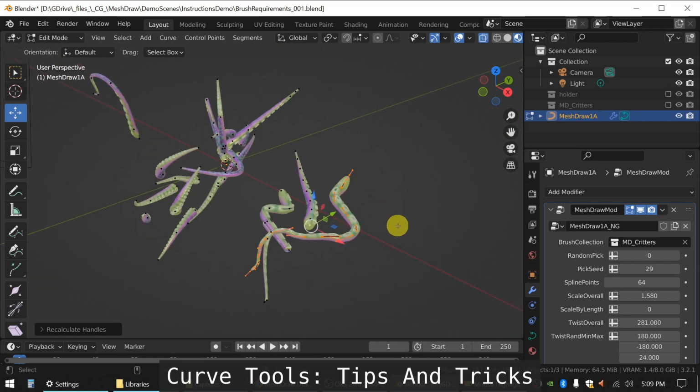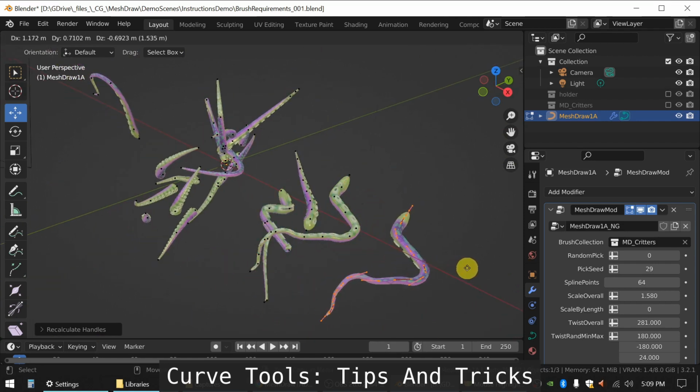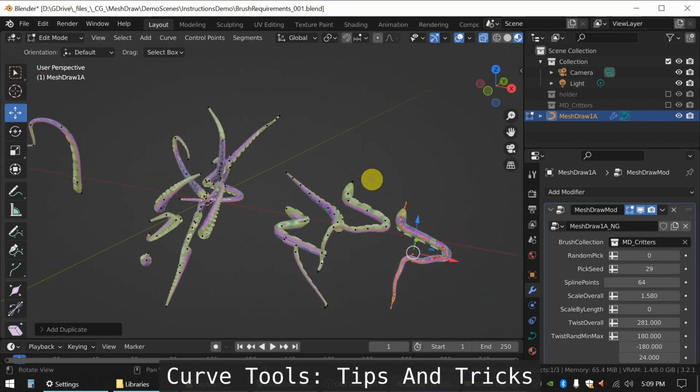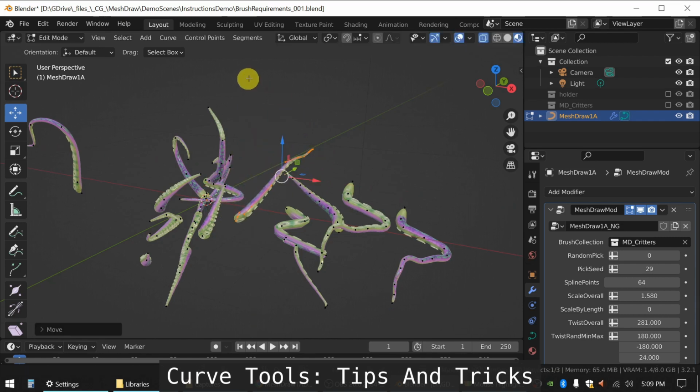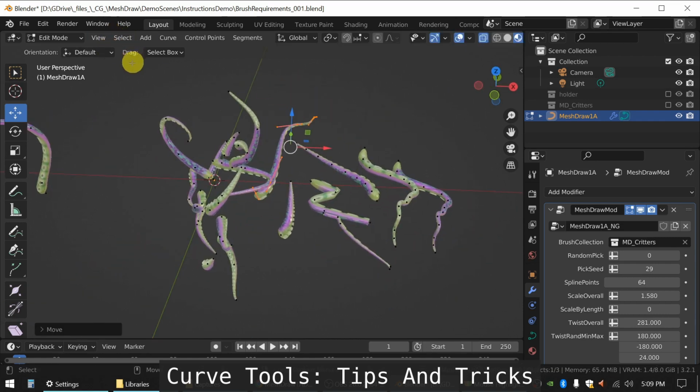And also, I think you can duplicate as well, which is pretty cool. So yeah, there's that. And is that it? Okay, I think there's one more important one,